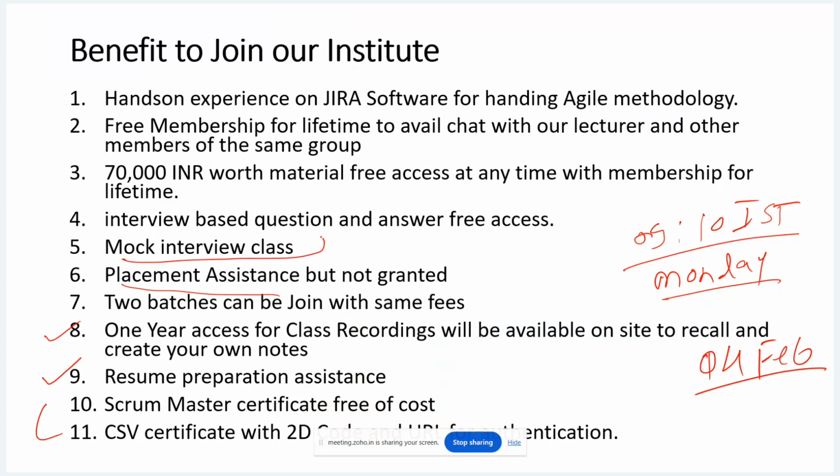Mock interview. We are going to conduct mock interviews as well. So this course is designed in such a manner that we are going to cover everything so that maximum people are selected from the institute. Okay. So wherever a vacancy is available, we are going to provide those vacancy details as well. We have a dedicated team member who is going to work on these things only. We are going to provide the number. You can contact them at any point of time so that you can get an update on your scenario as well.